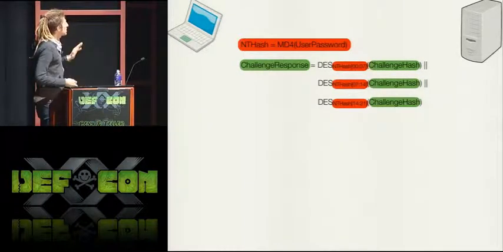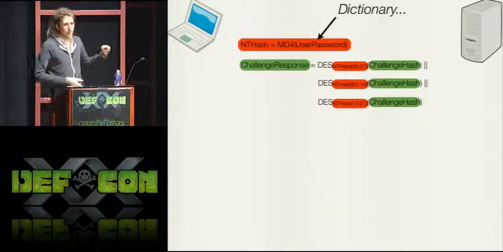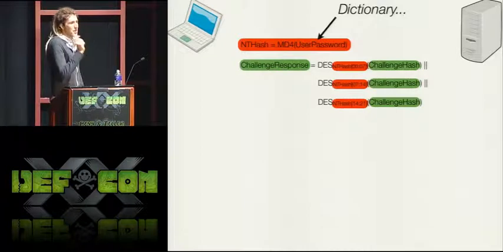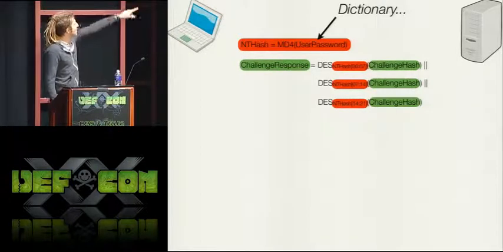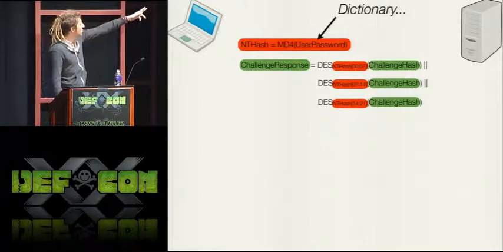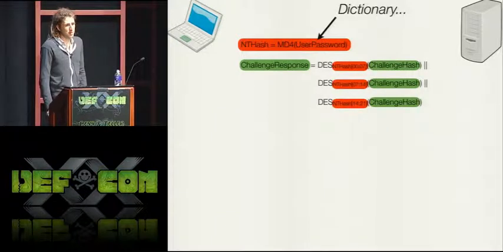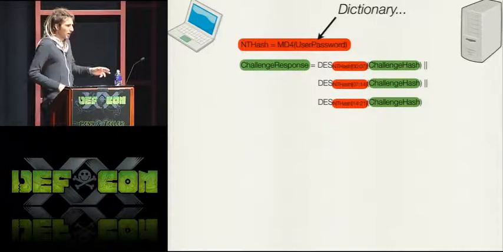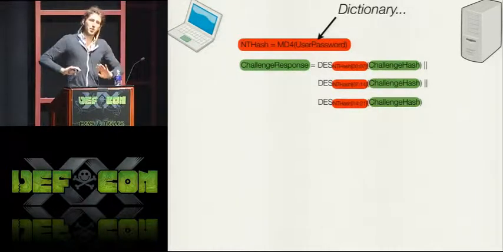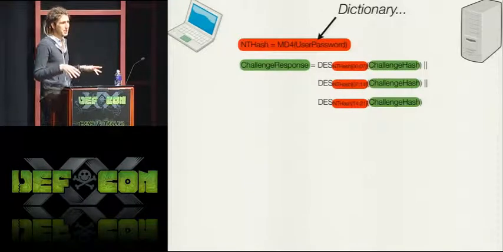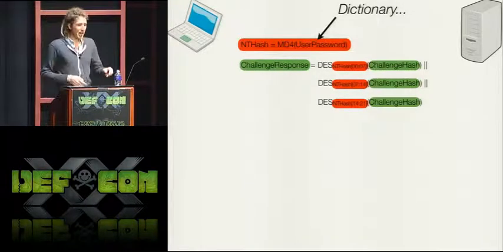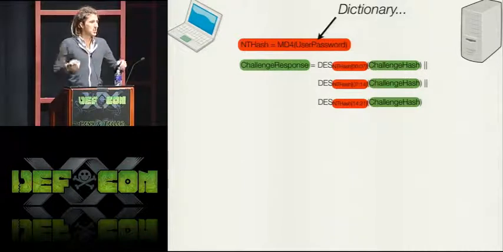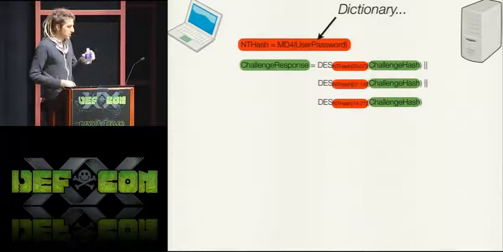And so this is where people usually plug in their dictionary attack. They do a packet capture, and then they just start doing MD4 hashes of random words, and then using that as the 3 DES keys of the known plain text, and seeing if it matches the known ciphertext. And if you get a match, then you found the user's password. But I don't think we should be satisfied with that. We want 100% success. We don't want to just try and guess a user's password because, as in the case of the VPN provider that chooses random passwords on behalf of the user, that would not be feasible.